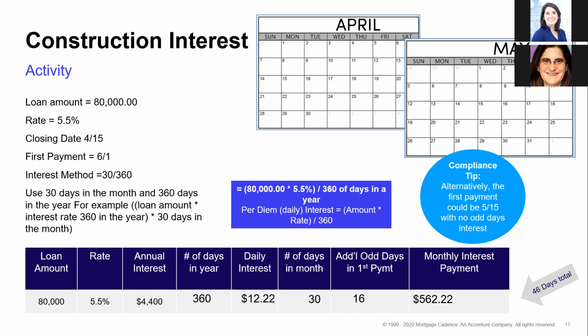Melissa, we had one question in the chat that said, what if they get a draw in the middle of the month? Yep, and that's where I went on my tirade about how both the days and the rates could vary in the middle of the month. Perfect. I don't know if I really answered Diane's question, but it did make me think of the same question for the rates. So we can look at it again. You would basically do this, assuming that you're only charging them on the draw. If they had an $80,000 draw, you do the math. And then if they had a $5,000 draw, they would have $85,000 outstanding and you do the math. I did answer it. Okay, good.